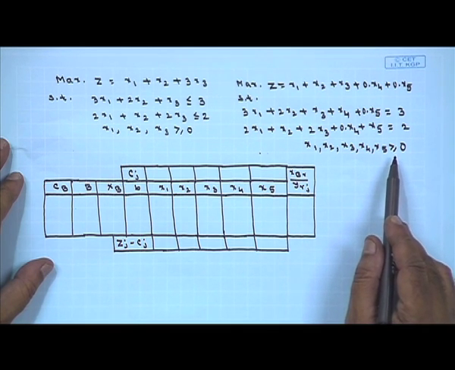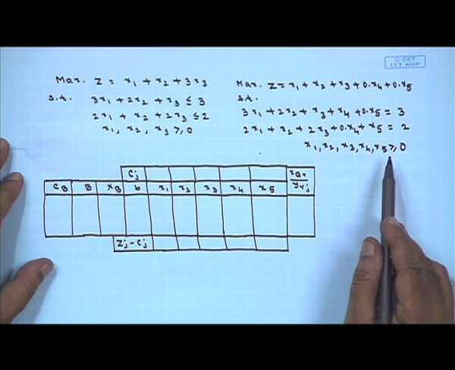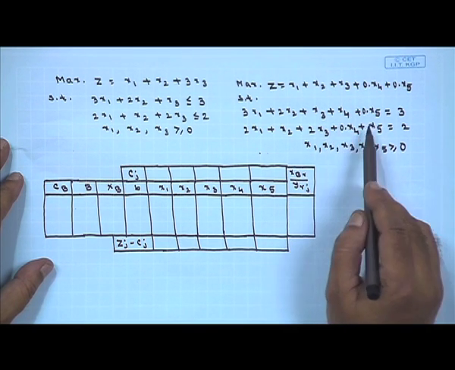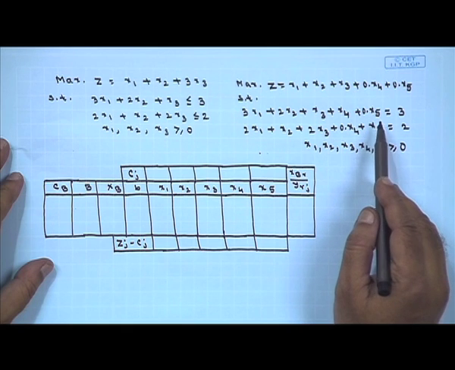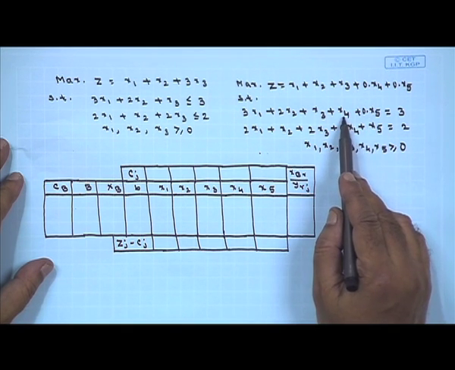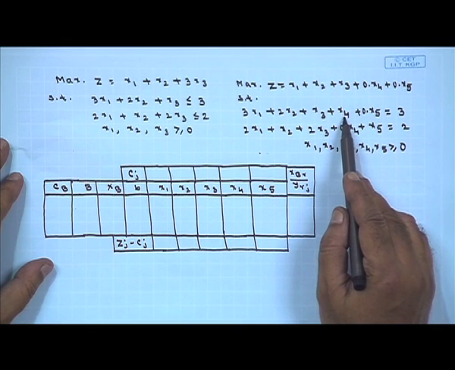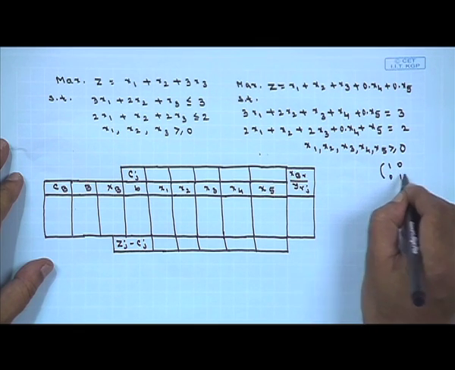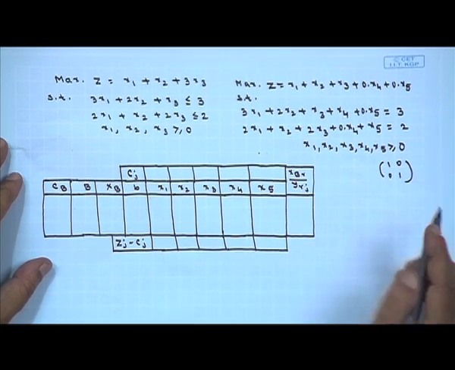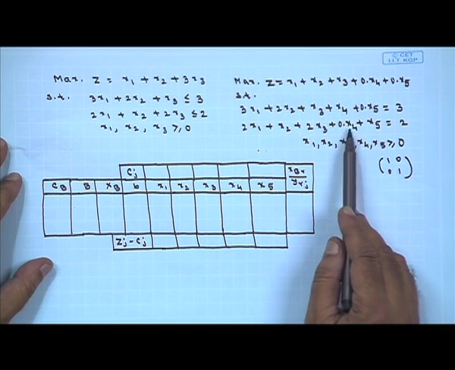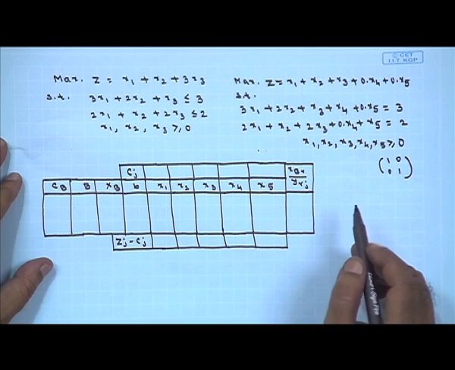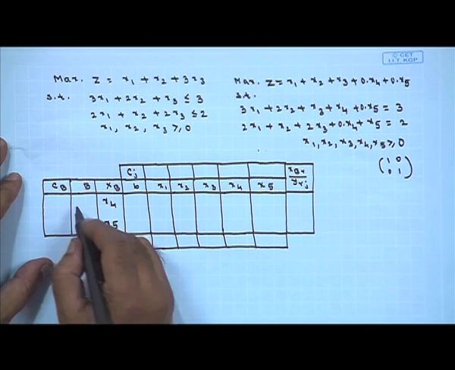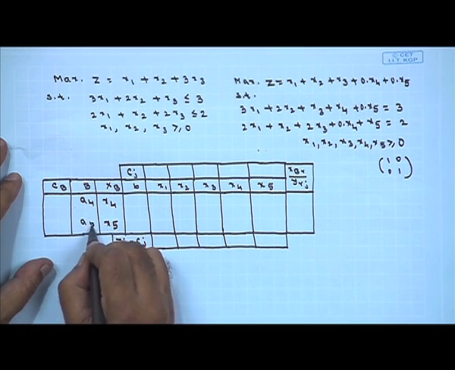So, what do I have to decide now? What should be the basic variables in the basis? Just like earlier, which portion of these two equations forms a unit matrix? If I take the coefficients of x4 and x5 in both equations, they form a unit matrix. Therefore, the variables x4 and x5 will enter into the basis. So, xB will be x4 and x5, and B you can write as a4 and a5.